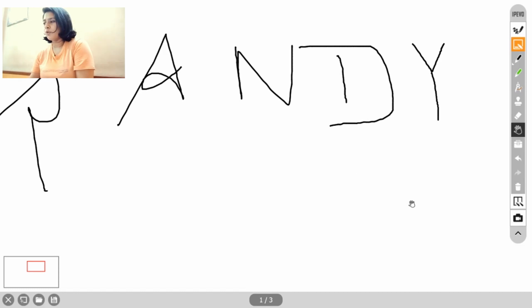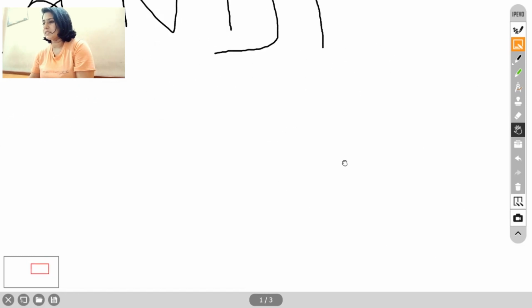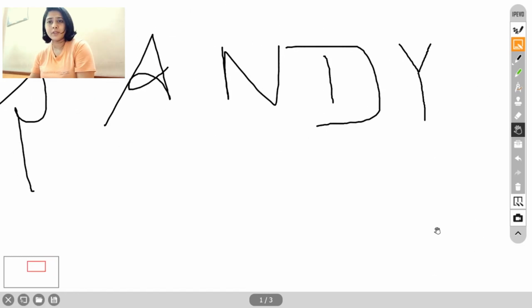So this way you can use the whole screen, just move it around and use the complete screen, and show flowcharts with it, or show diagrams that are too big to fit. I hope this is clear.